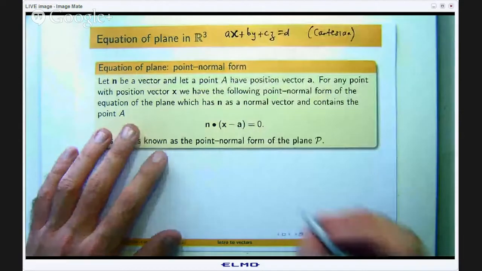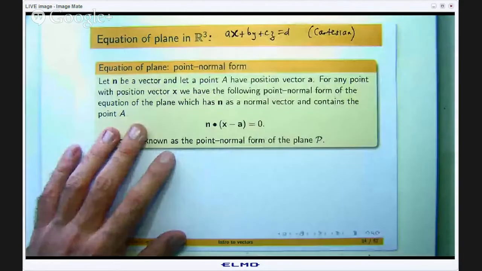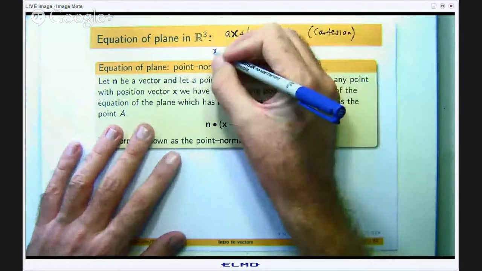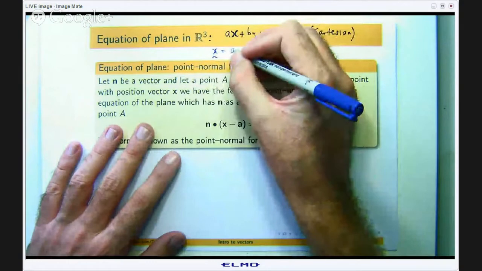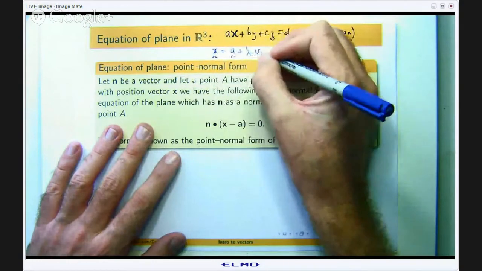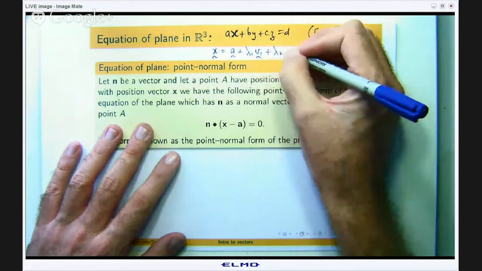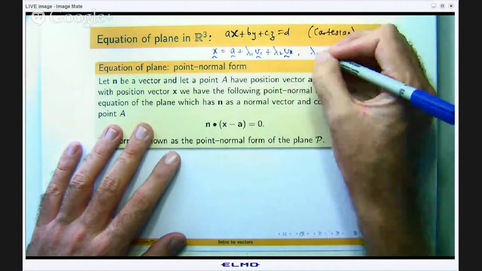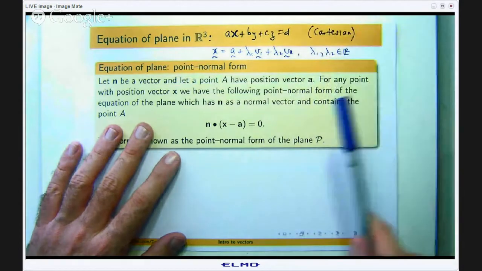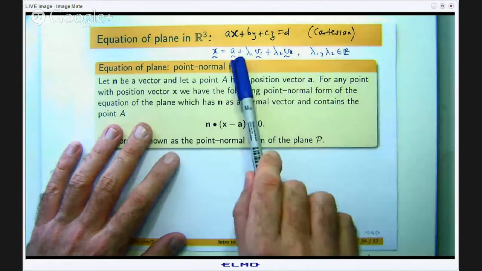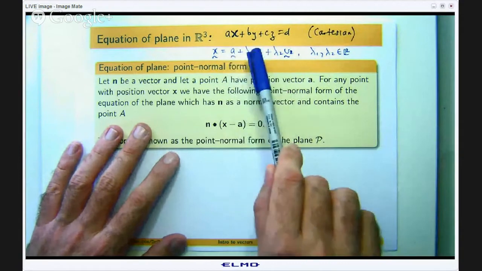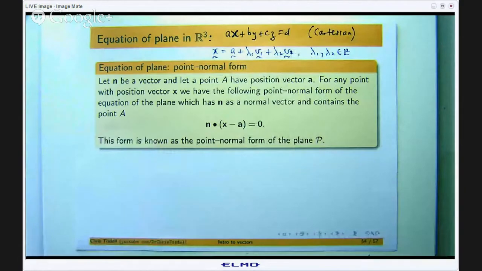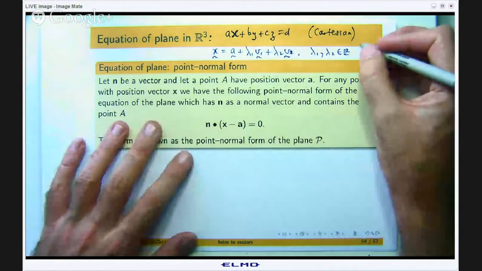And there's also the parametric vector form, which is in the following format. Okay, so here A is the position vector of a point on the plane, lambda1 and lambda2 are the parameters, and v1 and v2 are vectors that are parallel to the plane. So this is like the parametric